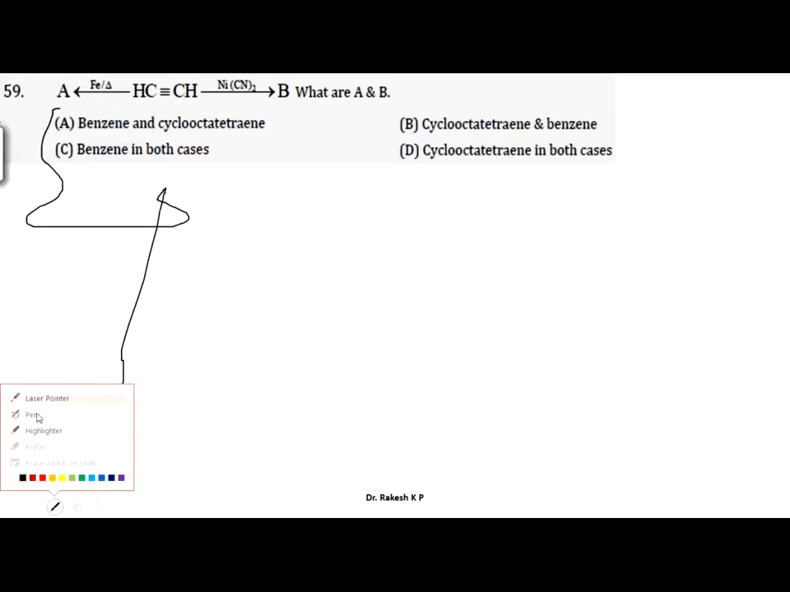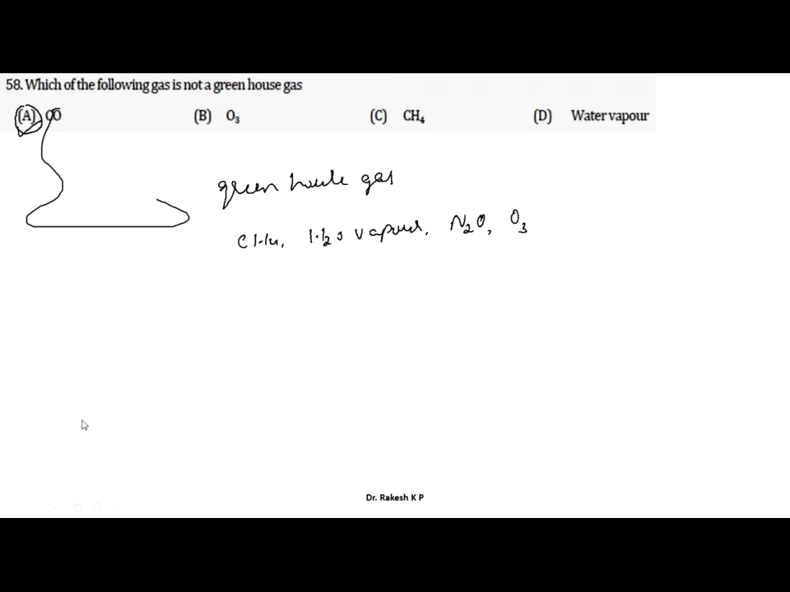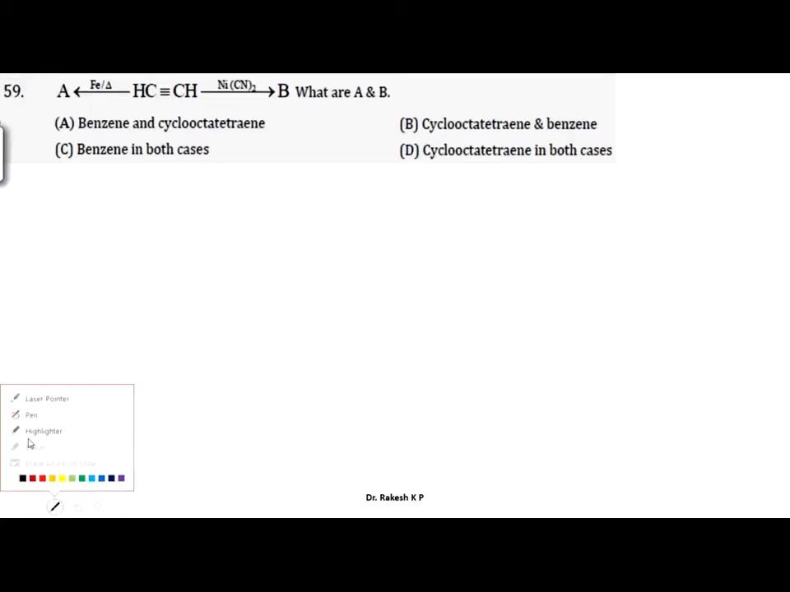So let me erase this one here. Okay, see this one. So now we have to identify what A is. See the first condition here: when the acetylene